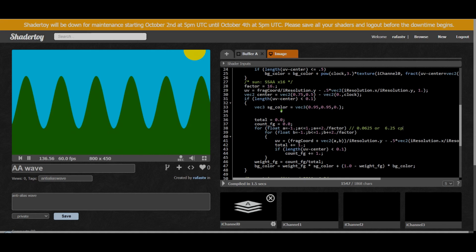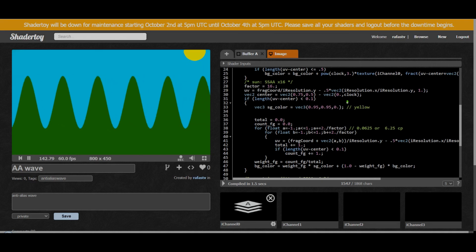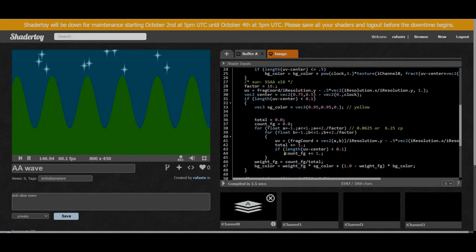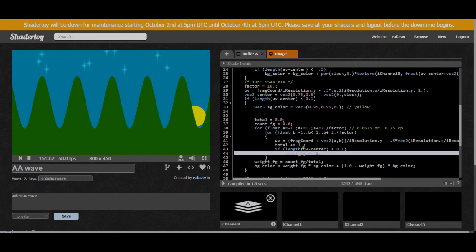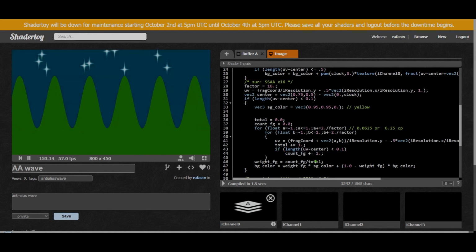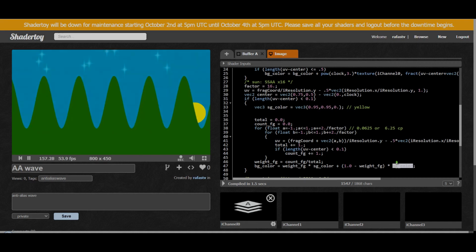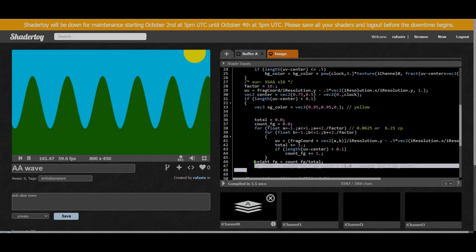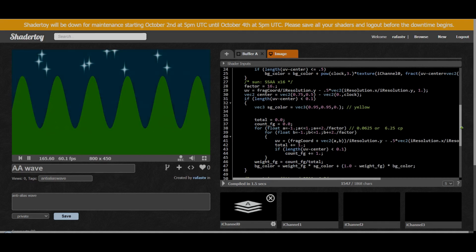For each pixel, we determine that if its distance to the center is smaller than its radius, it should be painted yellow. We count the number of subpixels that are inside the sun, border or not, and linearly interpolate between the sun color, SG color, and the background color, BG color. The resulting color becomes our new background, since we will now interpolate between it and the mountains in the next